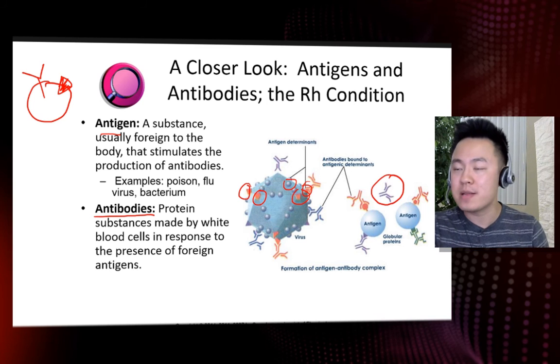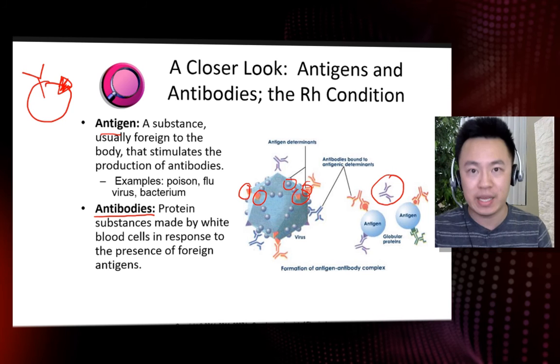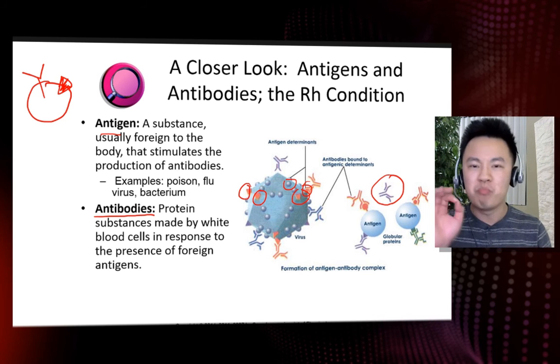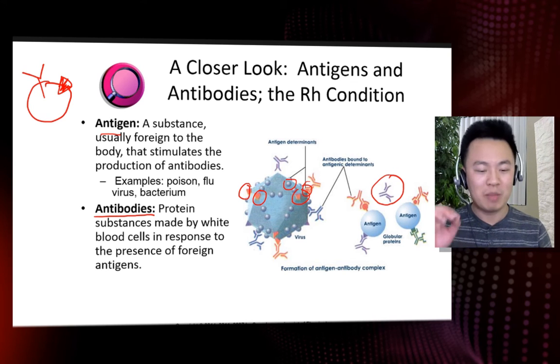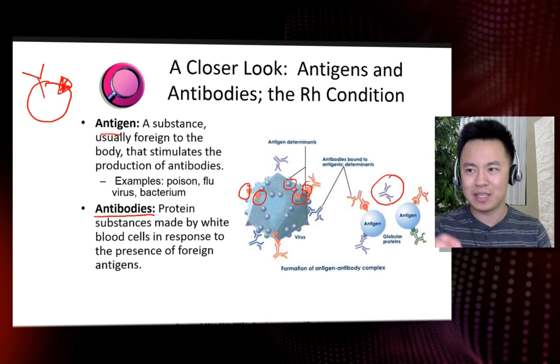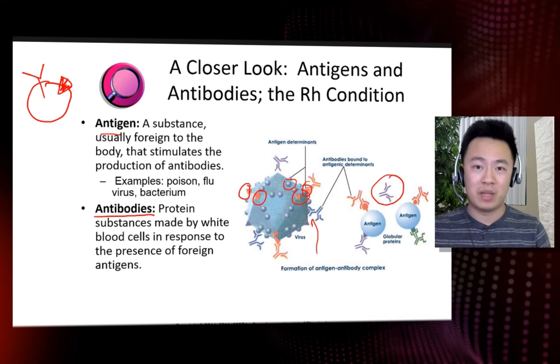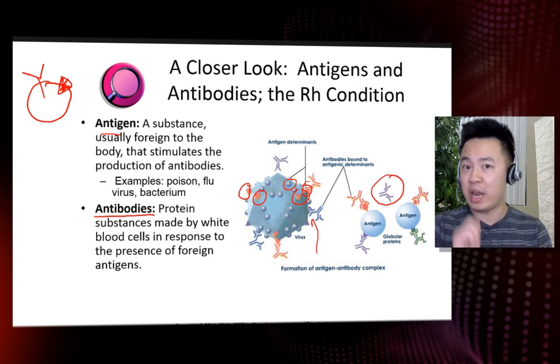They get shot out and they start to attach to these antigens and kind of flag them, kind of toss a little mark, the mark of death, I like to call it. Antibodies are like the mark of death for these molecules. As soon as that antibody hits and connects with these antigens, for example on this virus, then other white blood cells, many different kinds, are going to come in and start to tear that virus apart.